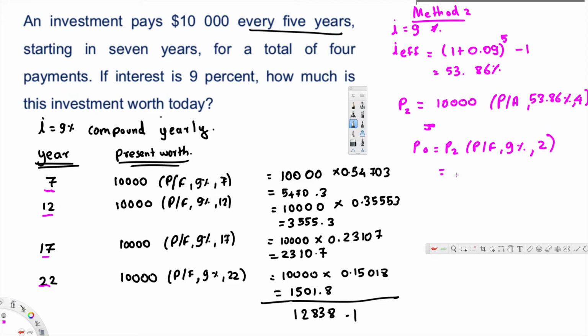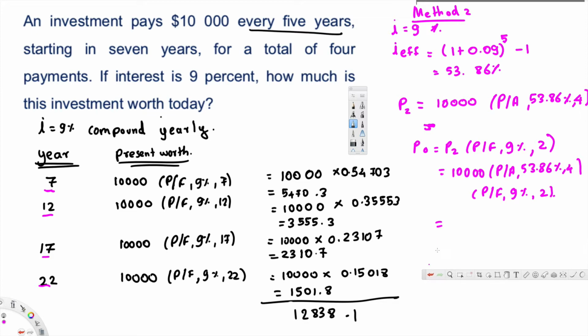So this is going to be 10,000 times P over A at 53.86% for 4, and P over F at 9% for 2, and if you look at the values on the table,